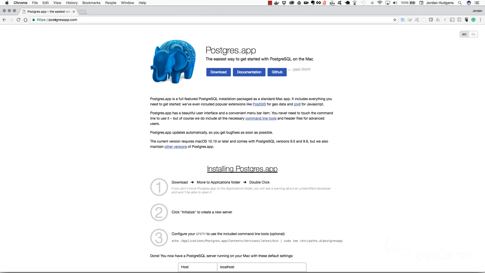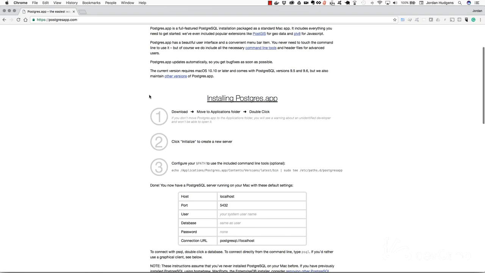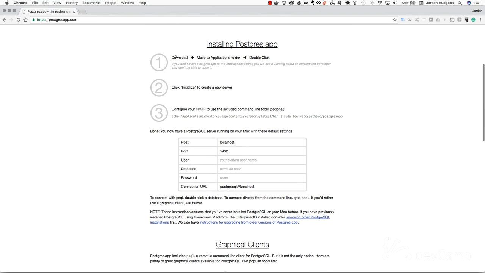to go to postgresapp.com and simply click the download link. So when you do that, it is going to install Postgres for you, and it gives you instructions on exactly what to do here. So I can just open up the downloaded file, move it to the applications folder, and